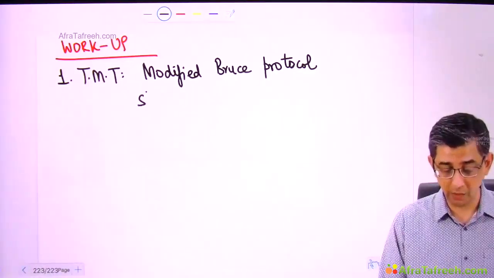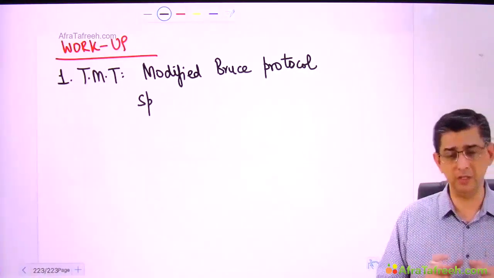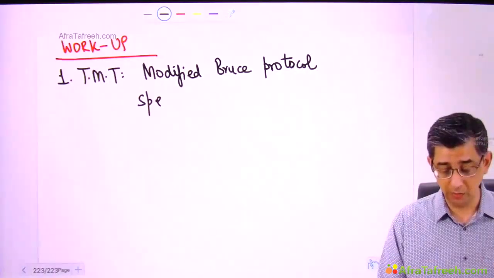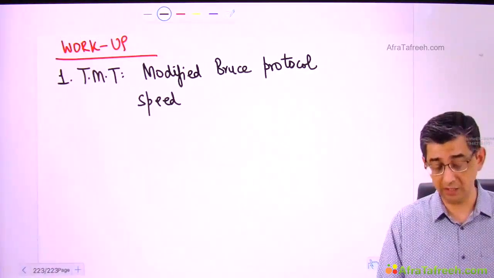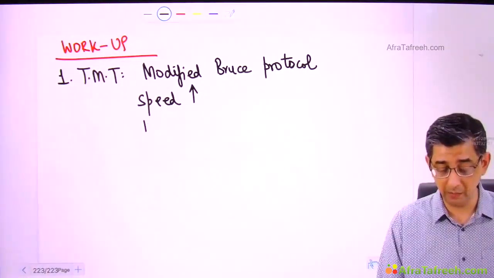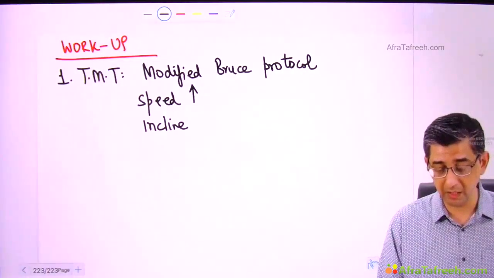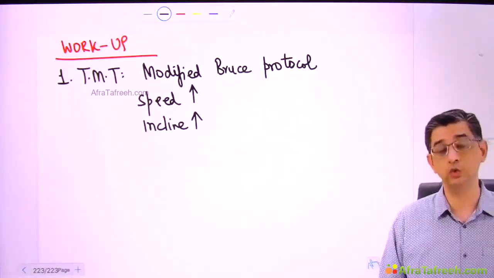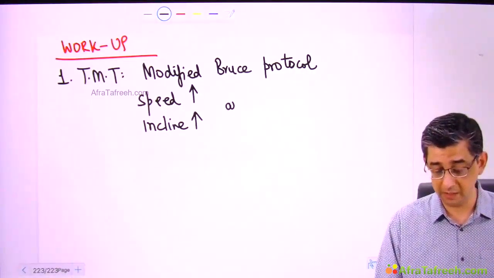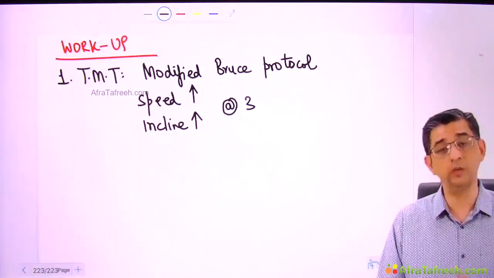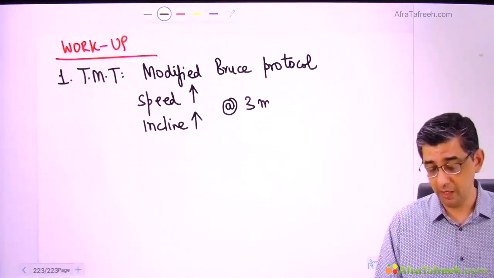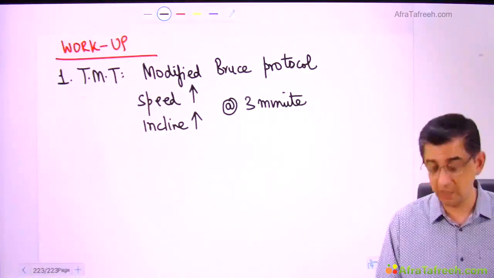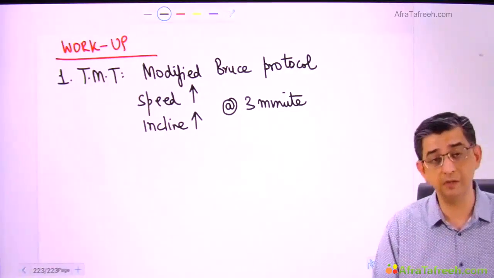You see, we will not make the person run on the treadmill. It is just walking fast. So you will first tell the person that we are gradually going to increase the speed of the treadmill. We are gradually going to increase the incline of the treadmill every 3 minutes. So you yourself or your technician will be at the bedside or standing along with the person while he's walking on the treadmill. And every 3 minutes, there is an increase in the workload of the heart of this individual.